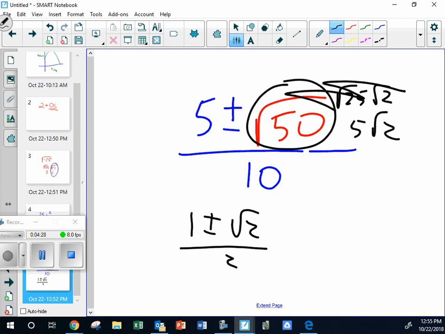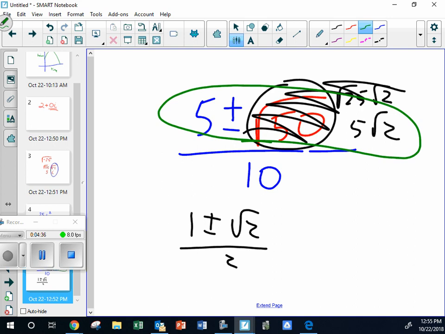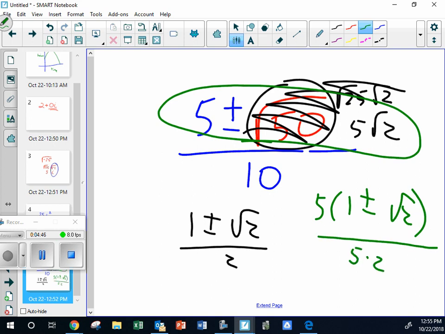If you didn't get that part, then you wouldn't be able to proceed. But if you get that part, then you also need to know that 5 can be factored out of both of those. And therefore 5 comes out, 1 plus and minus root 2. And that was the hardest part that I just did there. Everybody can factor 10 into 5 times 2. So that factoring thing is the part that gets people. Now, I don't want to review it